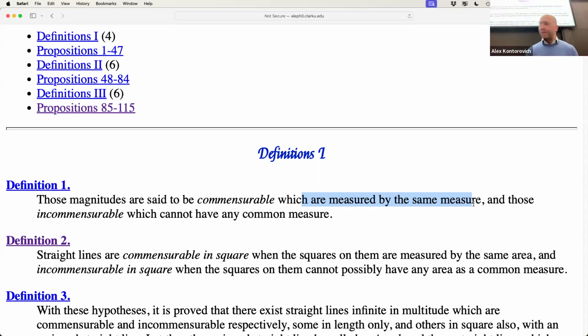Those magnitudes that are commensurate are measured by the same measure. So we understand what that means. He's referring yet again to the Pythagorean notion of commensurability and issues therein, and the Euclidean algorithm for finding GCD, if indeed things are measured by the same unit. Everybody understands what I'm saying, and otherwise they're called incommensurable.